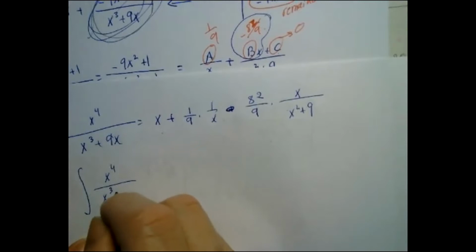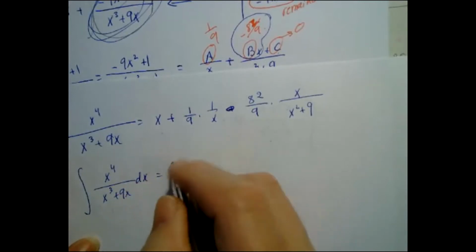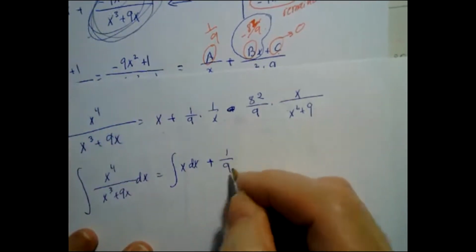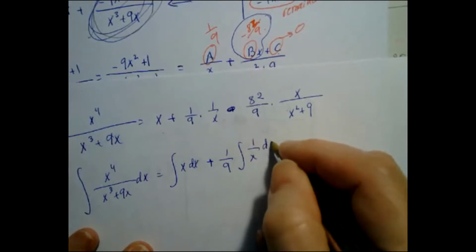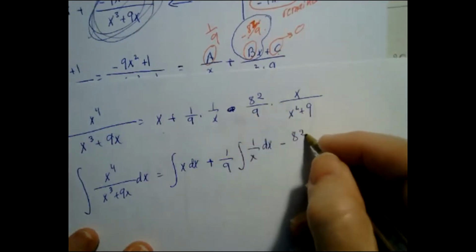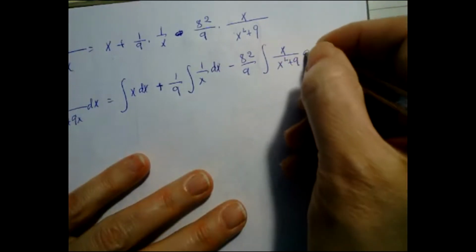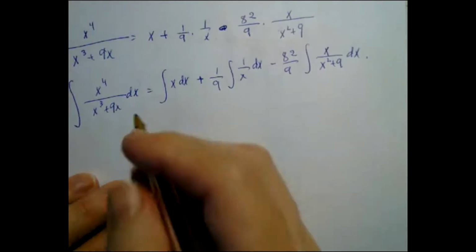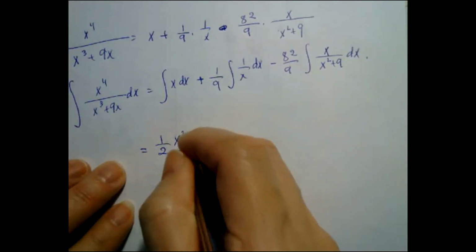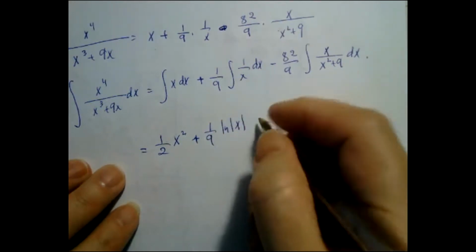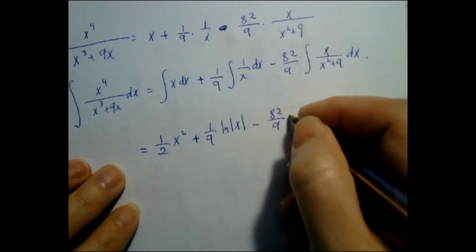So the antiderivative of that is equal to the antiderivative of x, which is easy, plus 1 over 9 is a constant, I can pull it out, antiderivative of 1 over x, minus 82 over 9 is a constant, I can pull it out, and I will be left with the antiderivative of x over x squared plus 9. Okay, every piece by itself. So it's a half x squared plus ln of the absolute value of x minus 82 over 9 times